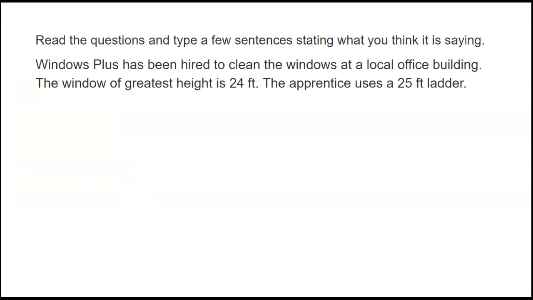Now we're going to read the question and type a few sentences stating what I think it's saying. So it says Windows Plus has been hired to clean the windows at a local office building. The window of the greatest height is 24 feet. The apprentice uses a 25-foot ladder. So I know that the greatest height of the window is 24 feet. I could say something like,